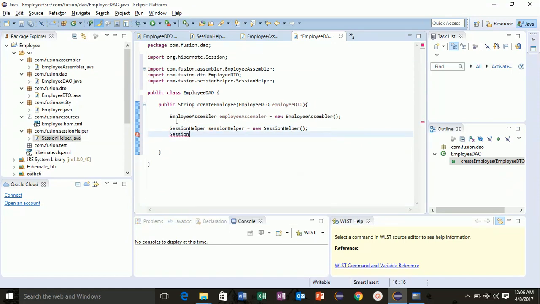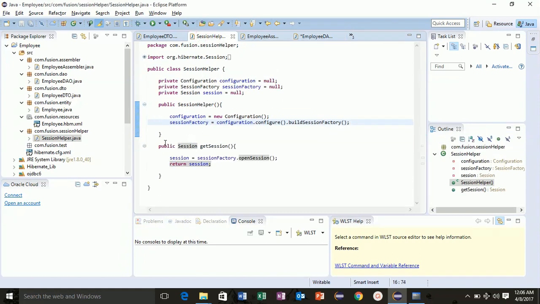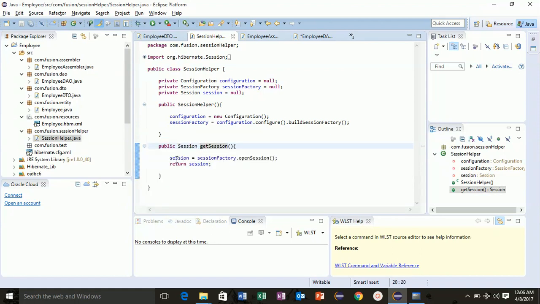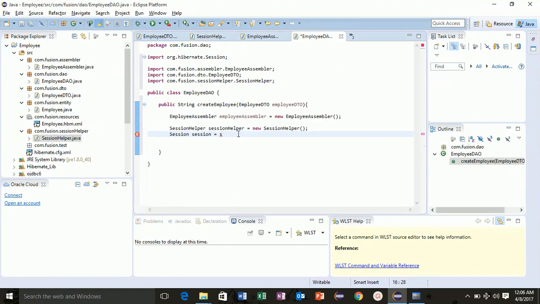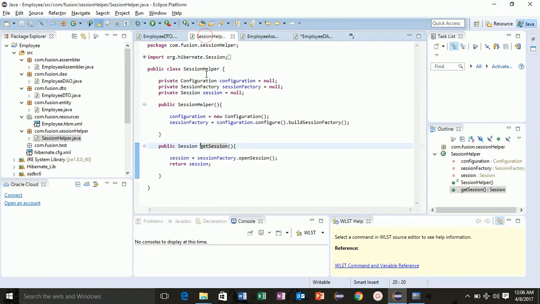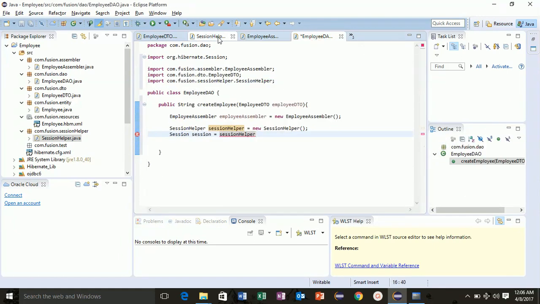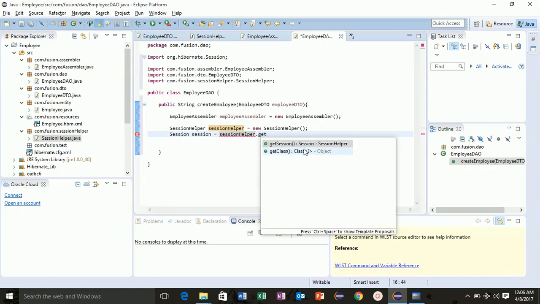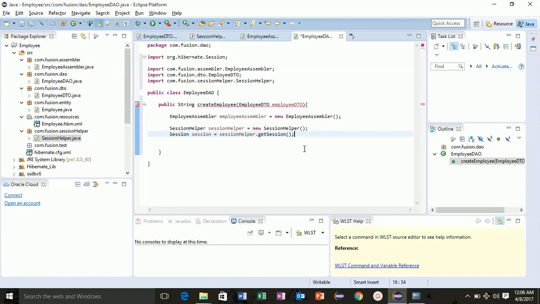So we'll create a session object here, session, and we will get that session from the session helper class. As you can see, the session helper has a function named get session, and which is returning the current session. So with the session helper object of this class, we are going to access this function get session. Now we have session here.